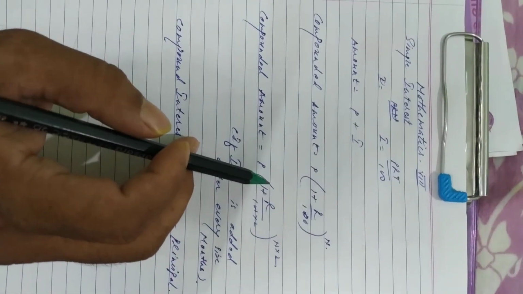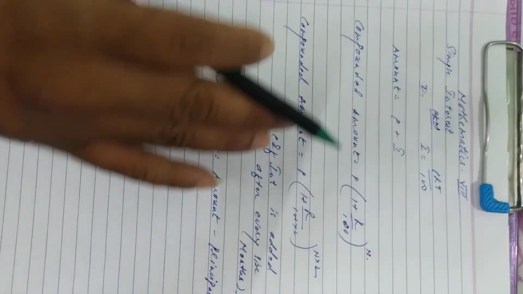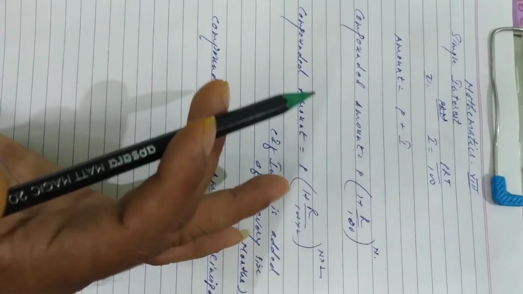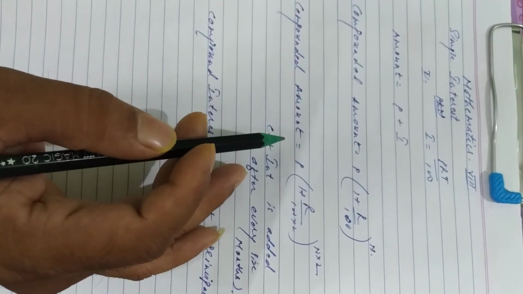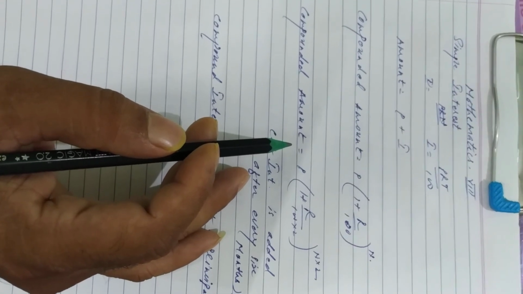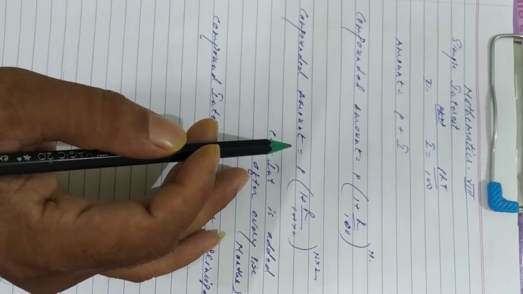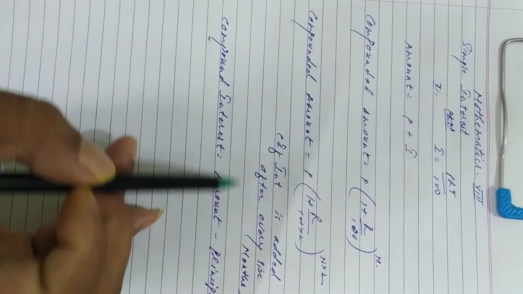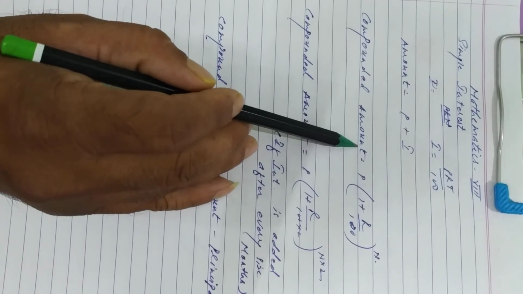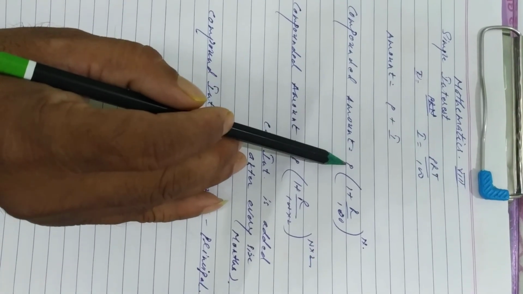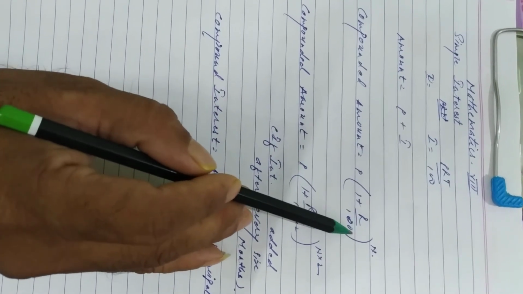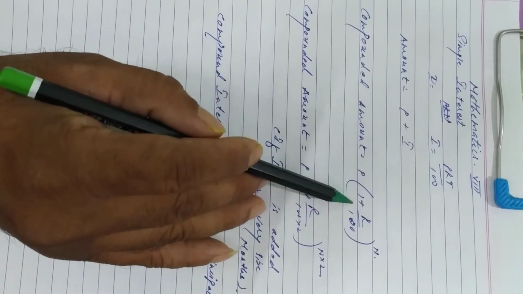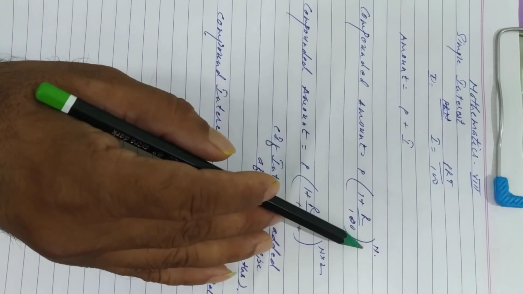Now, compound interest. What do you mean by it? Interest occurring on interest is called compound interest. So we get interest on the interest, which is known as what? Compound interest. The interest calculated by the method in which interest yields interest is called compound interest. Understood? Now to find compound interest, very first we have to find the compounded amount A is equal to P(1 + R/100) raised to N. This formula is used if interest is added after every year, right?